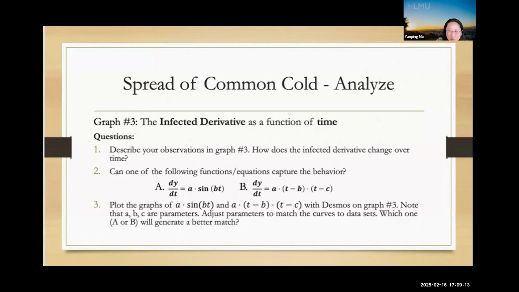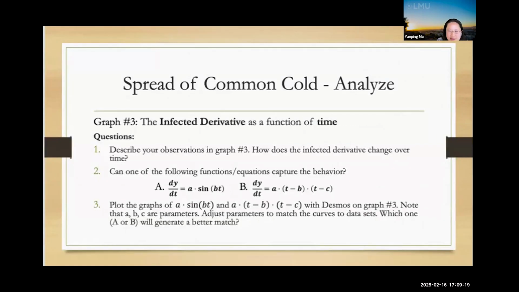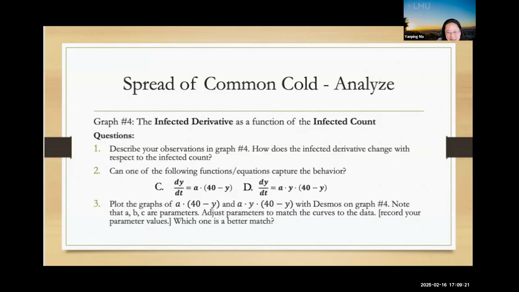But once we move on to another scenario, when we ask students to choose among 4 different cases, which are my AB here and my CD here, we say, what might be a good option among the 4 options to model this whole process of infection that you just observed? Most students have difficulty understanding the second group, the equation D and C here.